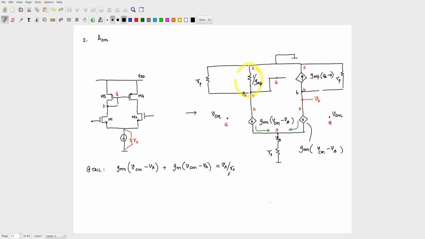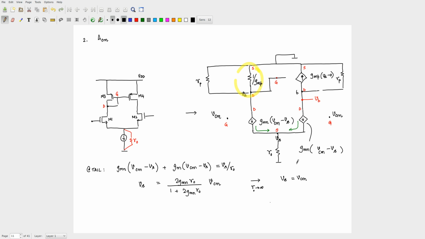Vs by R0. Can you solve this and give me what the value of Vs is? You can show that Vs is actually 2 Gmn R0 divided by 1 plus 2 Gmn R0 into Vcm. Okay, so you see some kind of feedback happening, and clearly in the limit of R0 tending to infinity,